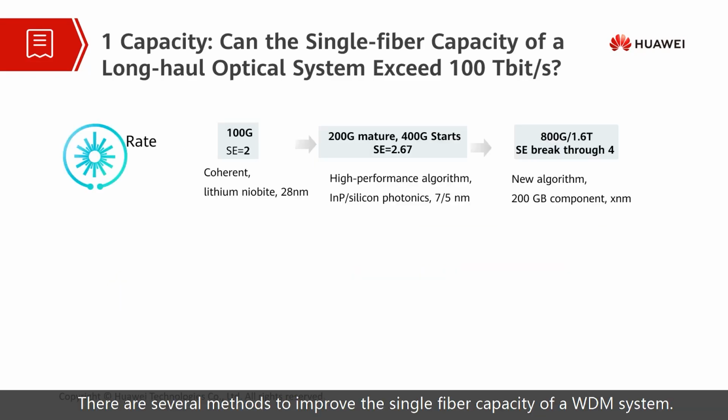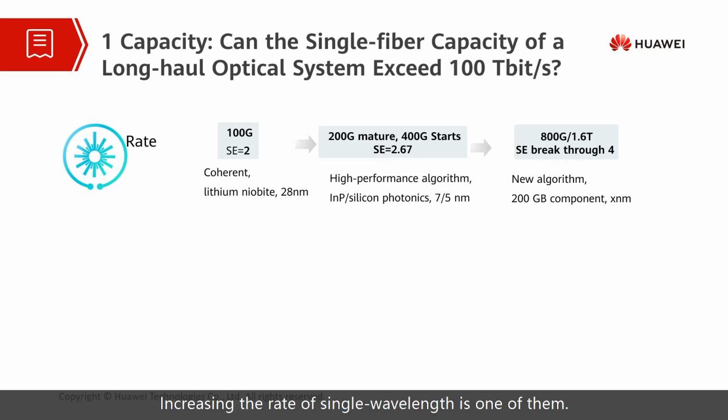There are several methods to improve the single fiber capacity of a WDM system. Increasing the rate of single wavelength is one of them. Another method to increase the overall capacity of a single fiber is to improve the spectral efficiency, which is short as SE. SE has changed from 2 in the 100 gig single wavelength era to 2.67 in the 200